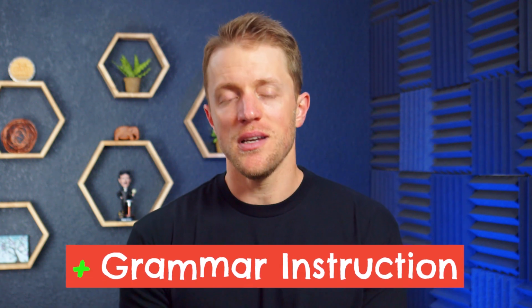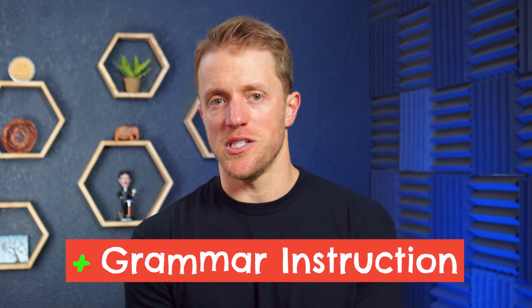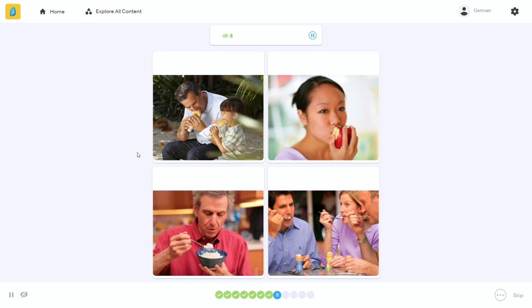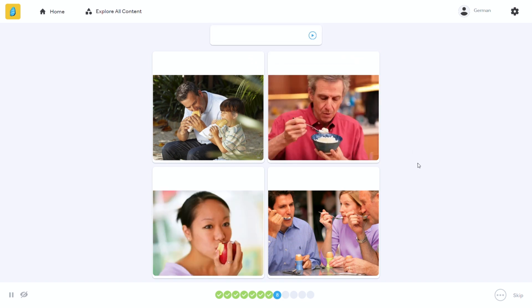And reason number 1 is grammar instruction. And this one is pretty simple. Mango includes detailed grammar explanations and notes within their lessons, while Rosetta Stone does not. Again, Rosetta Stone takes a more organic, immersive approach. They want you to learn the language naturally and not worry about grammar until later, just like you did when